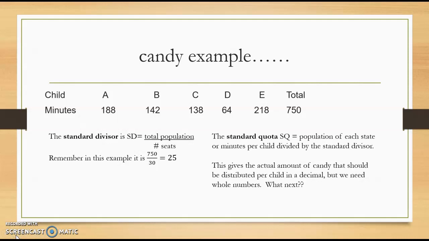Then for each child, we want to find the standard quota. This would be the exact amount of candy that each child should receive, but usually will result in a decimal. And we know by the rules of apportionment that we have to distribute the candy in whole numbers. So the standard quota will take the population of each state, or in this case, each child, and divide by the standard divisor. So looking at this example,